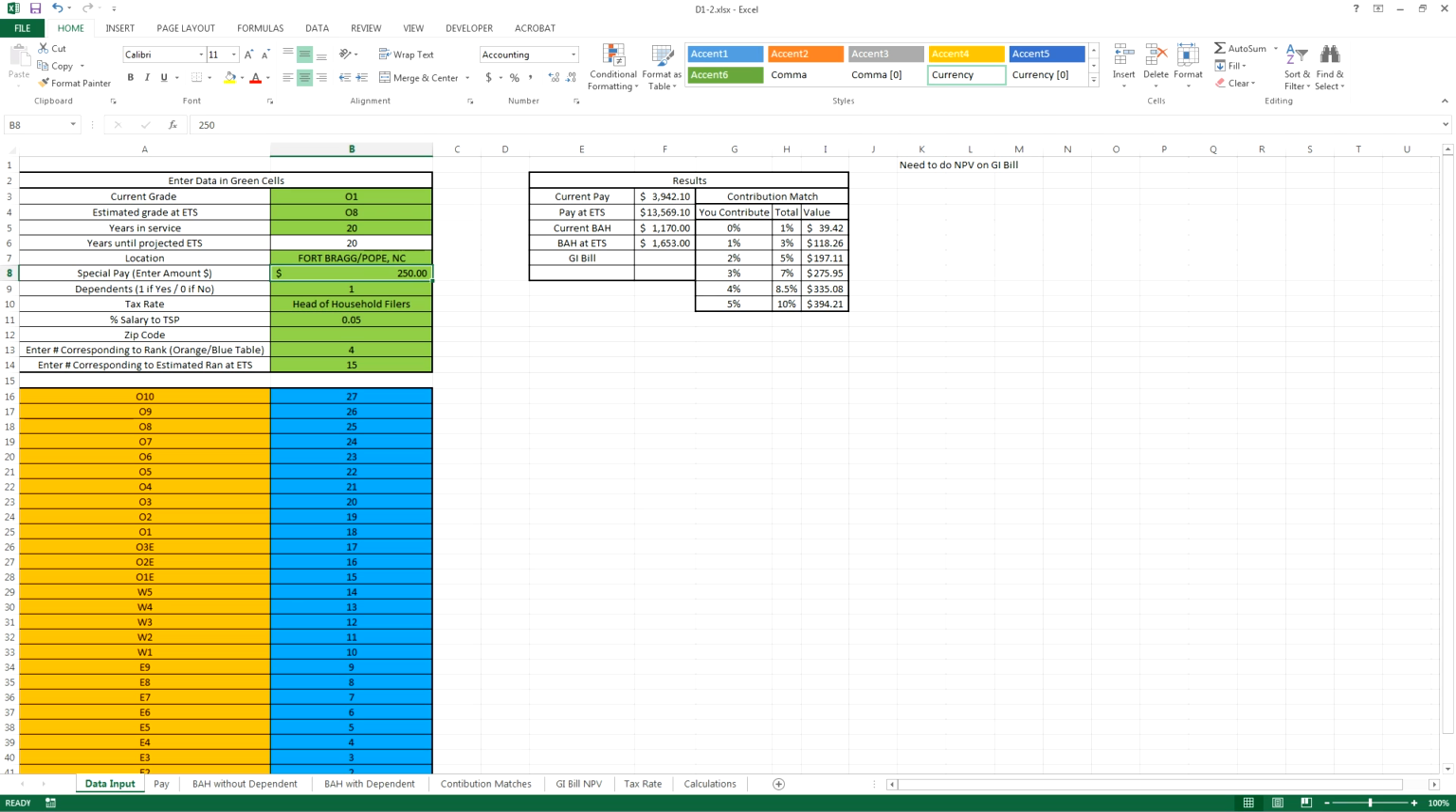Special pay. For our spreadsheet, we assumed that you would be entering special pay in manually, and we believe that it's very easy for a soldier to look up what special pays they're eligible for, and they should know that. So they should be able to enter the amount that they're getting paid monthly in terms of special pay. Next input box is dependents. 1 if yes, 0 if no, so it's just a binary code. We'll explain how that works in a little bit, but for our scenario, we're going to say it's a 1 because this